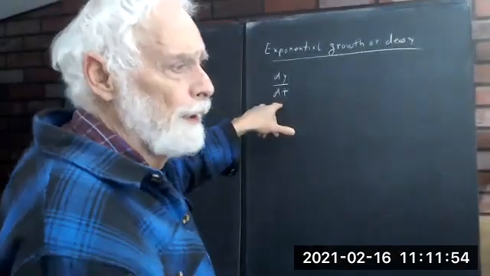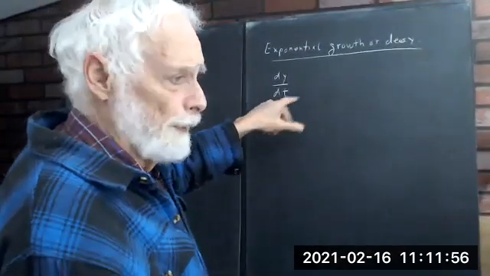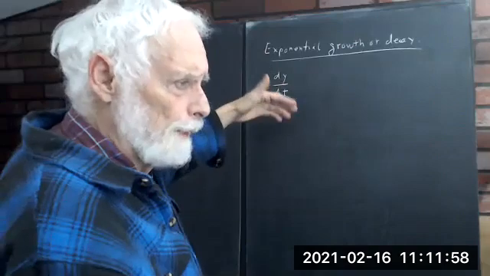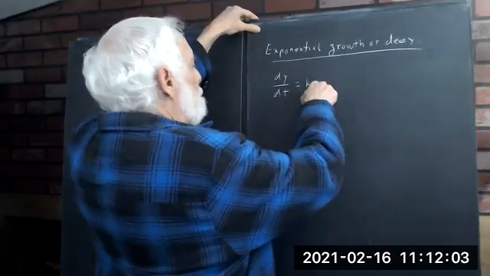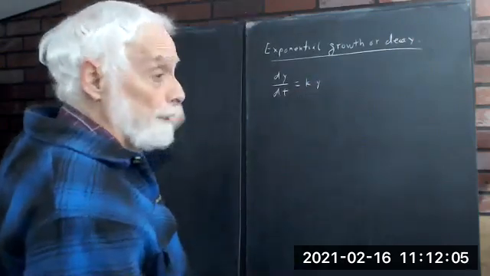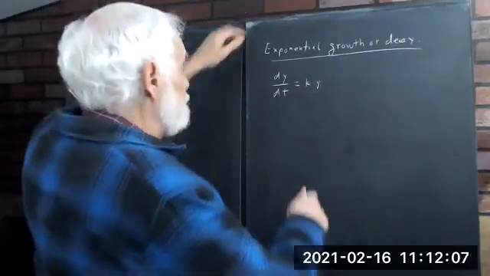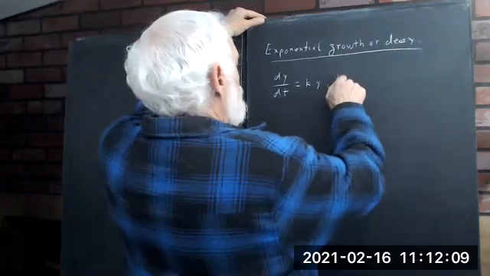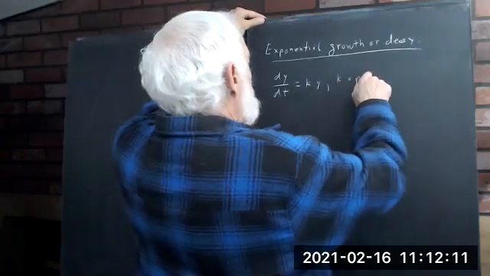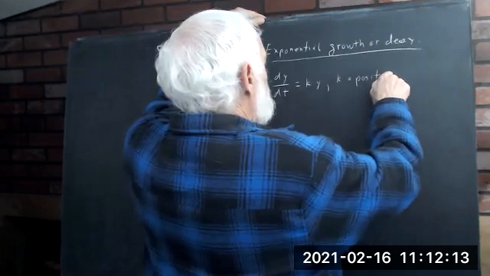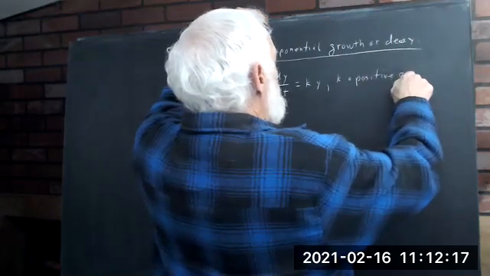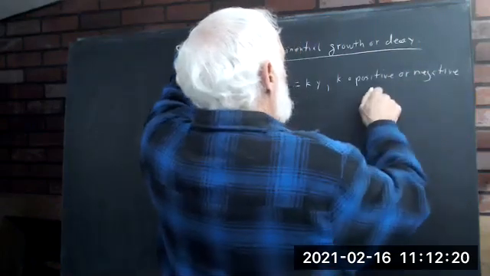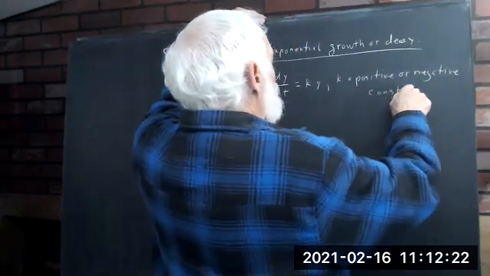So I'll use t for the independent variable rather than x. And I'm going to say k is a positive or negative